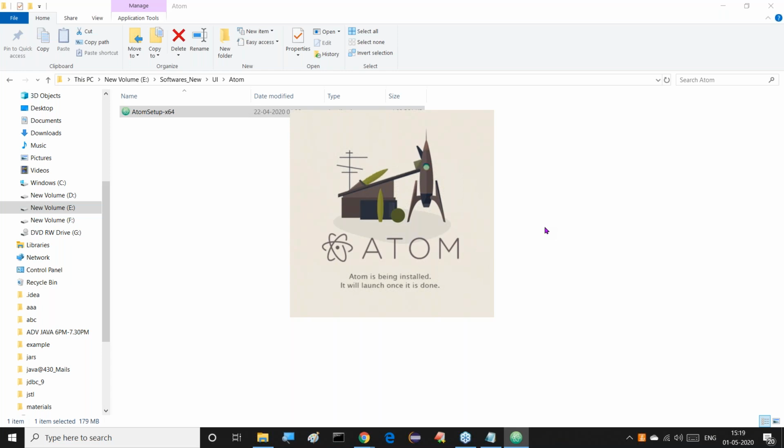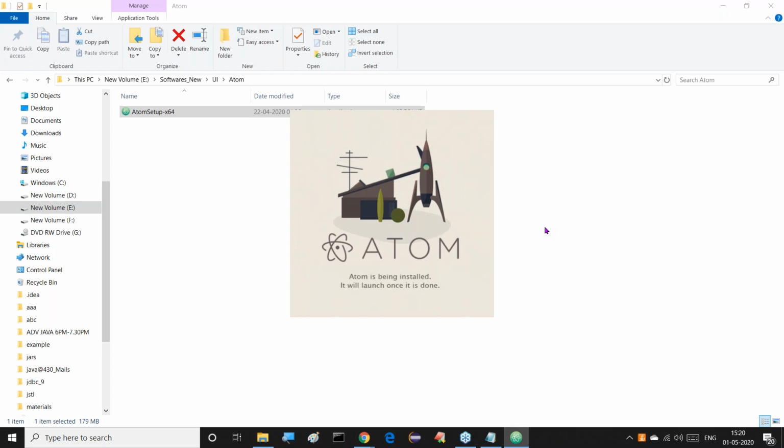Why am I using this Atom? There are two reasons. One reason is it provides a very good environment. The look and feel is very good to prepare HTML code, and it is possible to use all real-time tools to design websites or web applications. Another reason is its look and feel is very simple and very good. Definitely you will like it very much once you start to use it, and its themes and total process will be very good.